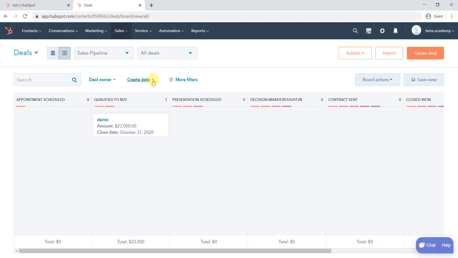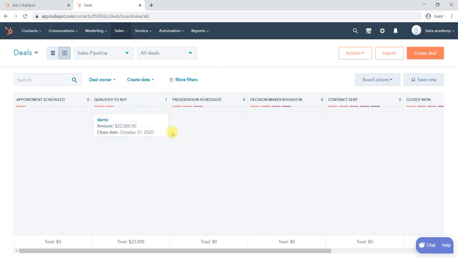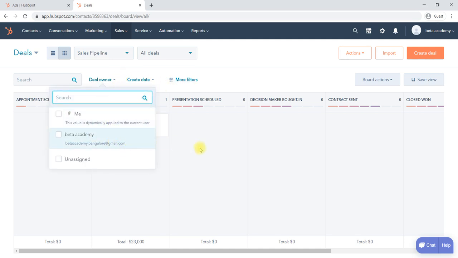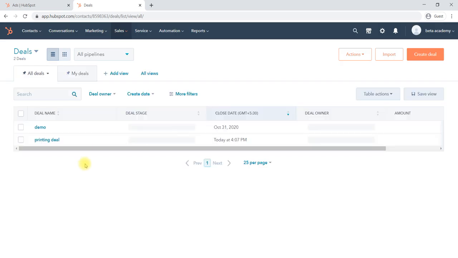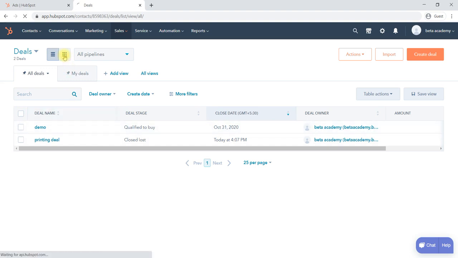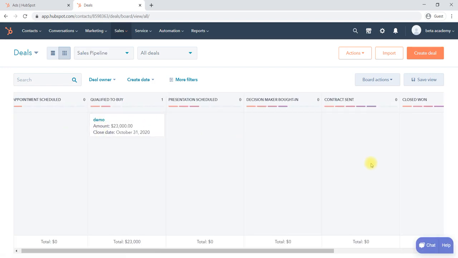Again, you can filter based on creation date. Like this you can filter to check how many deals there were last month, to compare and so on. Again, you can filter by whom it is assigned, or we can use the line view here. Okay, it will show like this. Your deal position will be shown like this. If you select the grid type, it will give you details about which stage a deal is in.